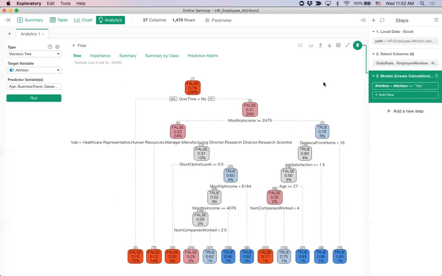Let's take a look at what the conditions are. The first one, overtime equal no is no. That means yes, it's a kind of twisted question here. So these people worked overtime. Then the next question is monthly income greater than 2,475, and the answer is no, because a yes always goes left and a no goes right. So they're making less than